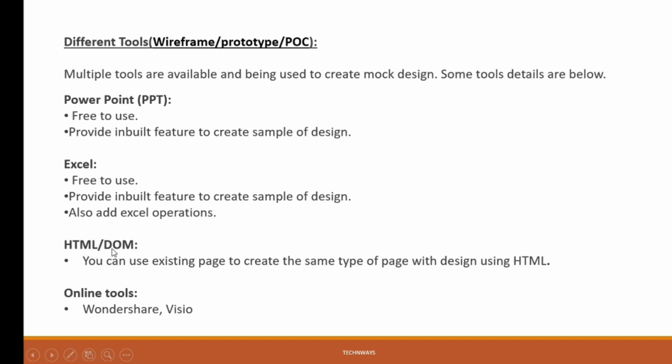Like if we have some table and we need to add some more columns in that table, we can directly go to the DOM, and we can add a new attribute in an HTML table, and we can directly create the design and show it to the customer. After creating this particular column, this is how it will look. Or if we wanted to show that column in Excel, in the Excel you can also create that particular design.